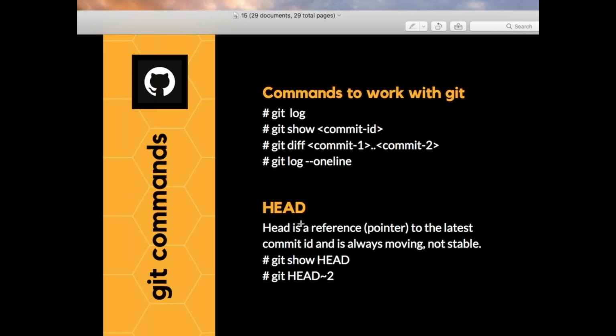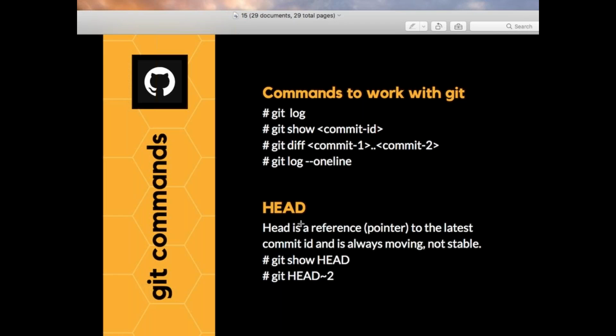Now, how many commits did I make till this point of time? 3 commits, right? Now, if I say git log --oneline, I'm getting 3 commits. So I made commit 1, commit 2, commit 3. At the first point, I created an HTML file called index. So I created an index file here. What is the second commit I made? I introduced some title. What is the third commit I made? I modified the title.